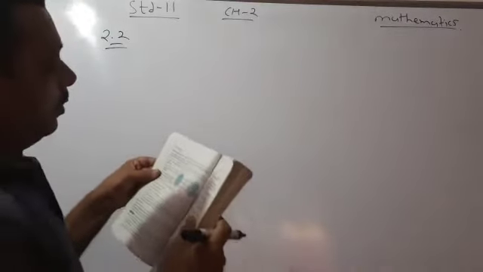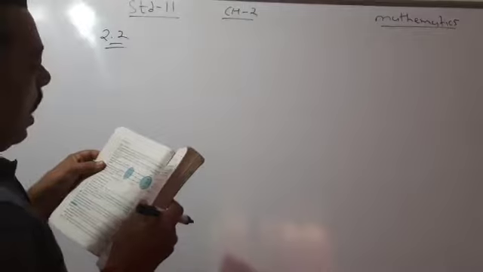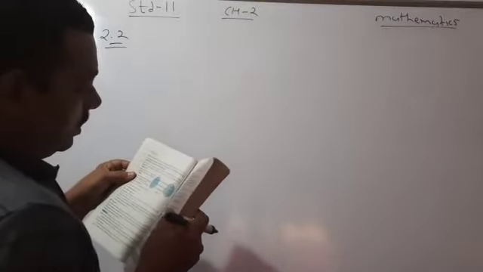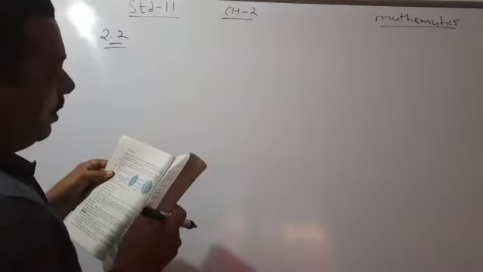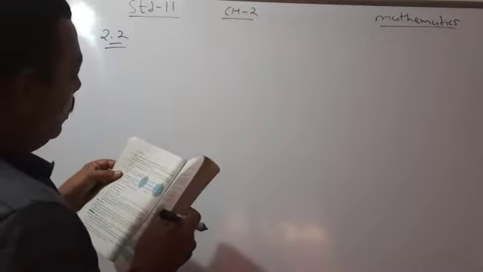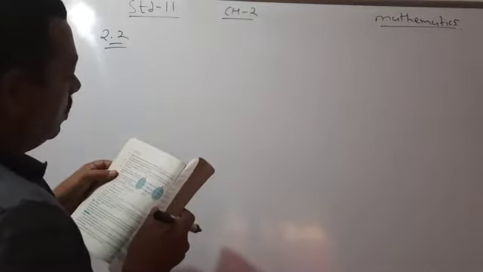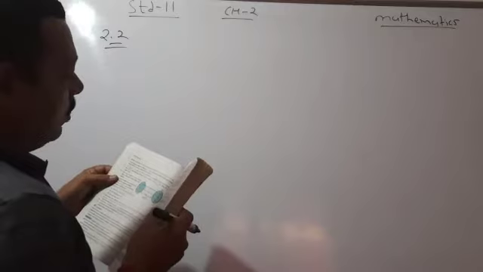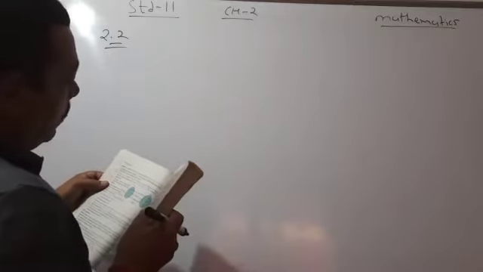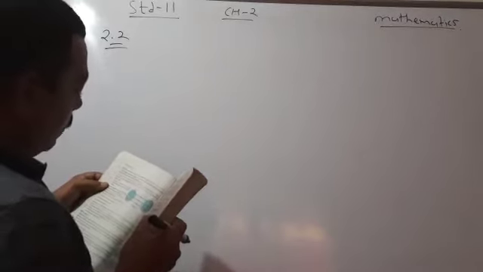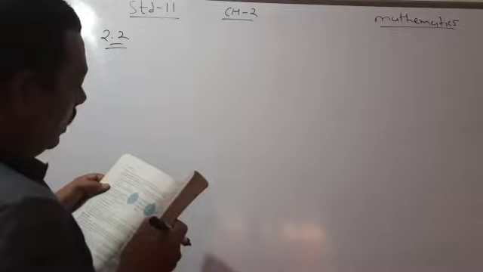See question number 2. Define a relation R on the set N, the natural number set, by R equals the ordered pairs (x, y), where y is equal to x plus 5, x is a natural number less than 4, and x, y belong to N. Depict this relation using roster form. Write down the domain and range.